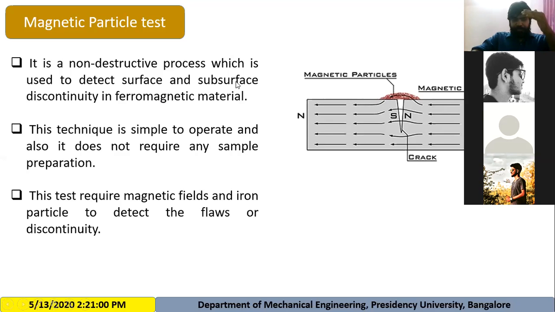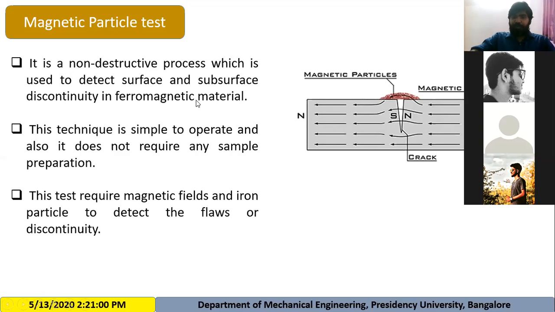Subsurface means below the surface, but open to the atmosphere. So it is used to detect any crack or defect in ferromagnetic material.